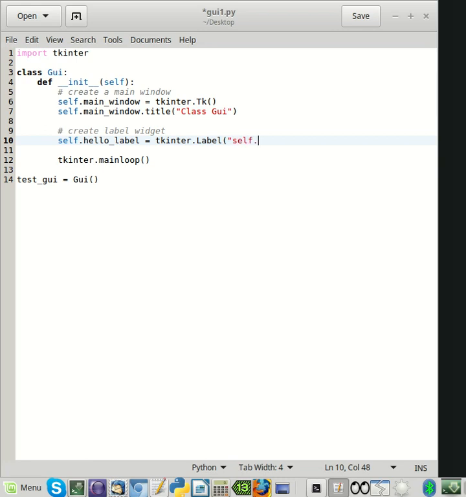On self dot main window. And what is the text for that label? Equal